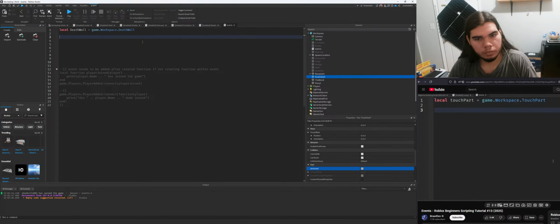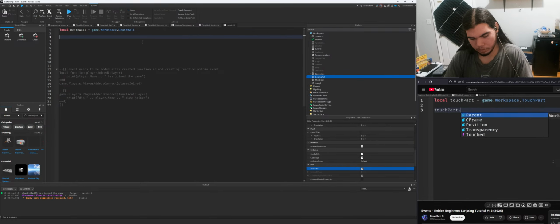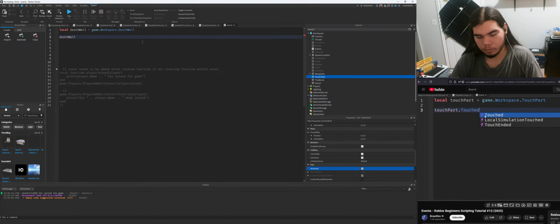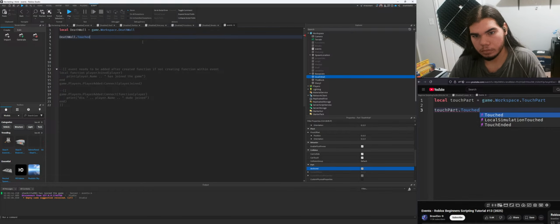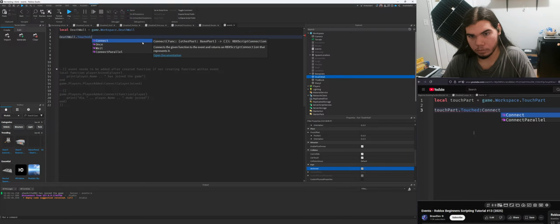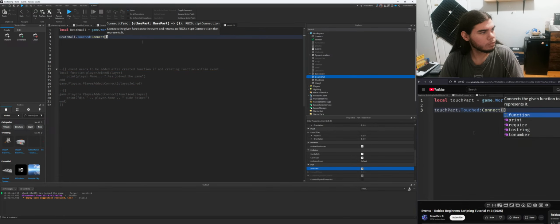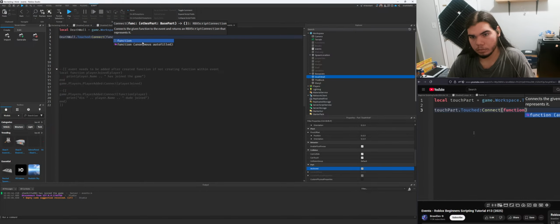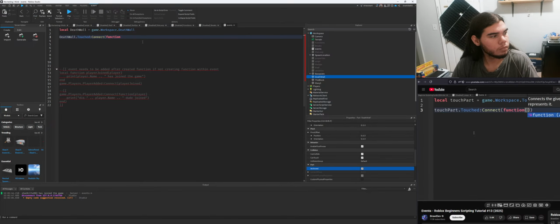And now what I'm going to do is say touch part dot touched. So this is an event that's contained within our touch part. And then we're going to say colon connect open and close parentheses. We're going to create a new function. So we're going to say function open and close parentheses again. And we're going to pass in